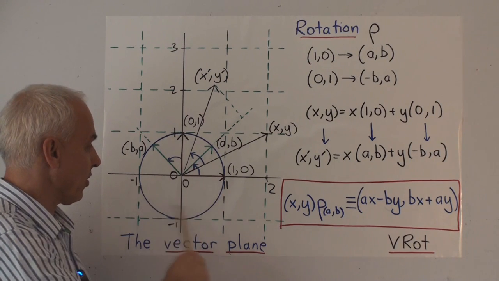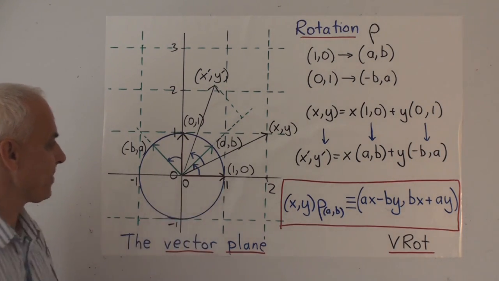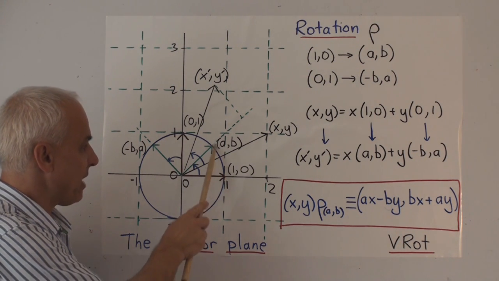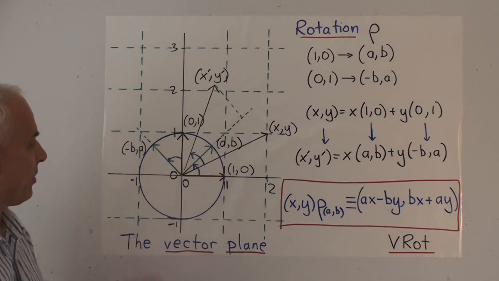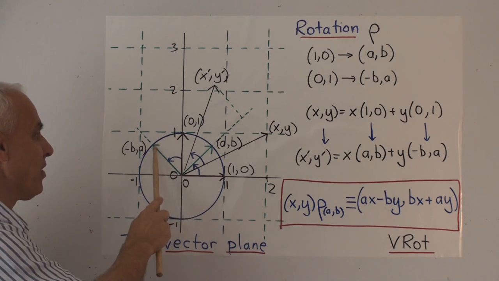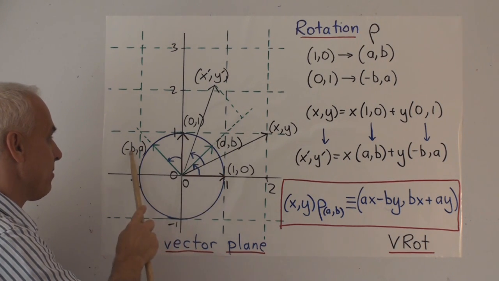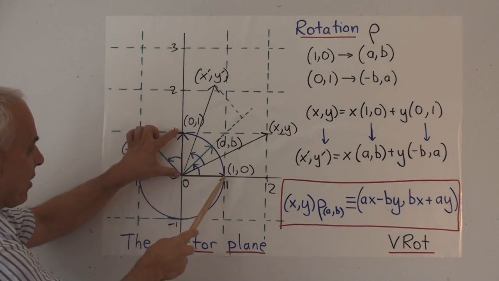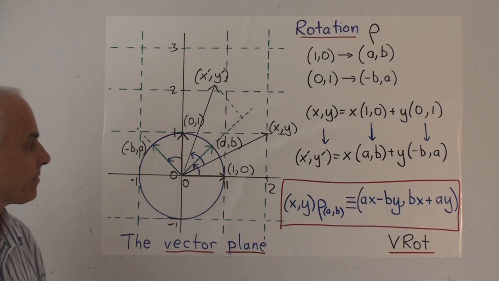So here's the unit circle. Things have been expanded a little bit from usual, so we can see this a little better. And we're assuming we have a rotation that sends 1, 0 to some point (a, b) on this circle. That's the rotation we're interested in. Then this vector 0, 1 is going to be rotated to a vector which is perpendicular to this one, perpendicular to (a, b): (−b, a). Those two vectors are perpendicular. So we've got a rotation that takes these two vectors and sends them to those two vectors.